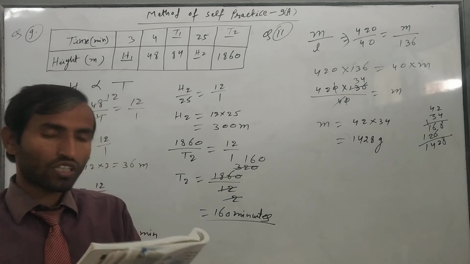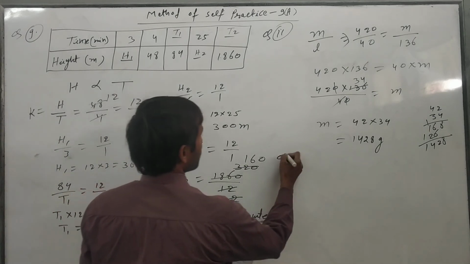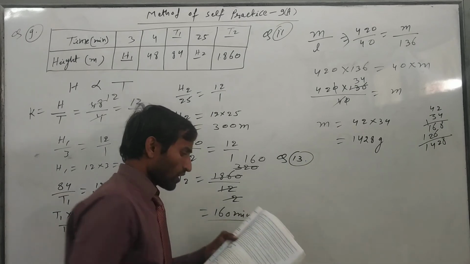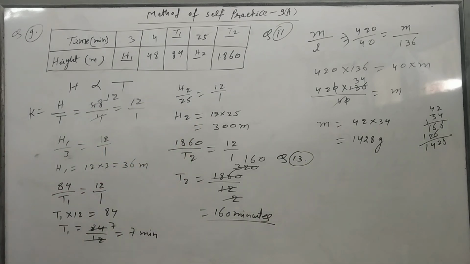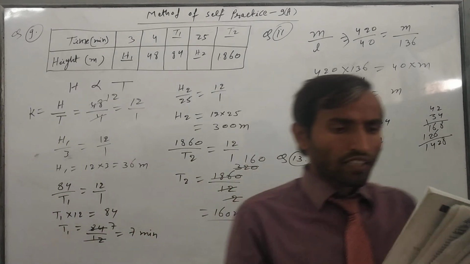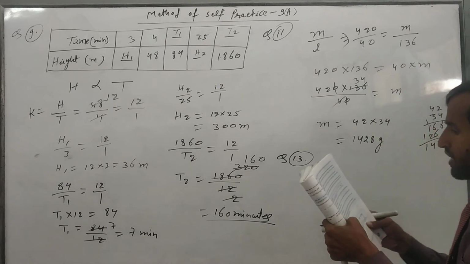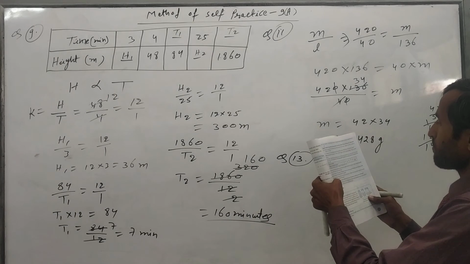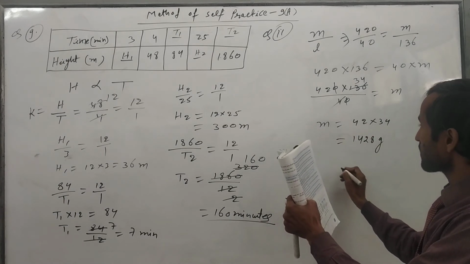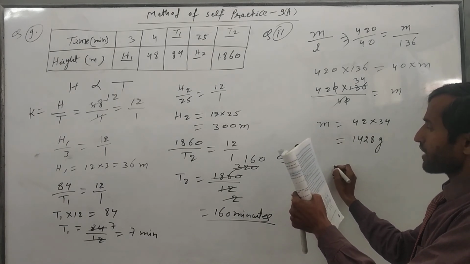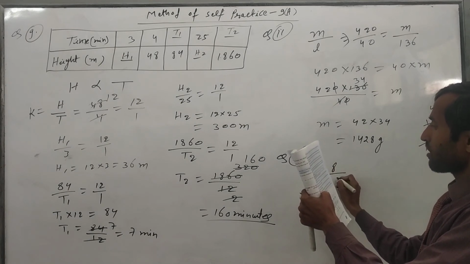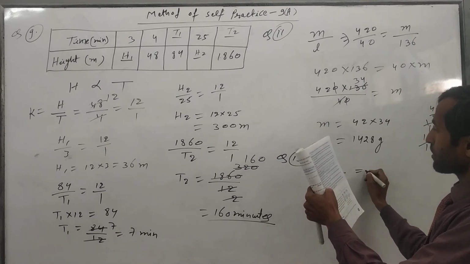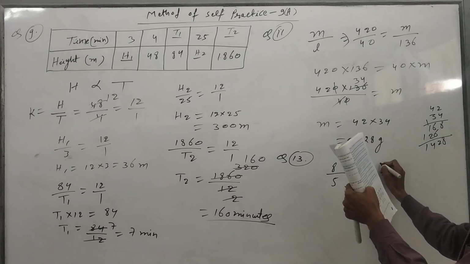Now we have to do question number 13. All of you read the question number 13. What is given in that? So here at a party 8 bottles of soft drink are served for every batch of five children. How many bottles would we serve for 40 children present at a party? So again here directly proportional is given. So we have to write down like this, number of bottles required for 5 children. And here question is given 40 children, we have to find number of bottles.